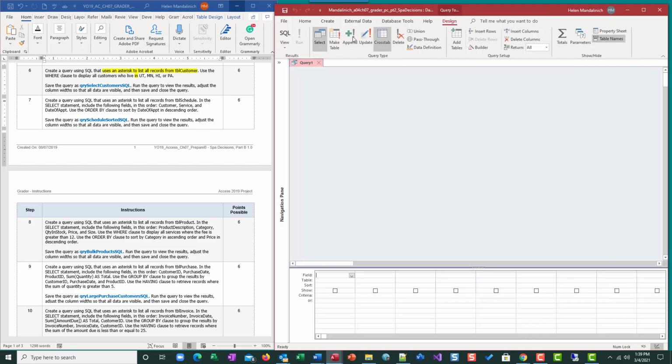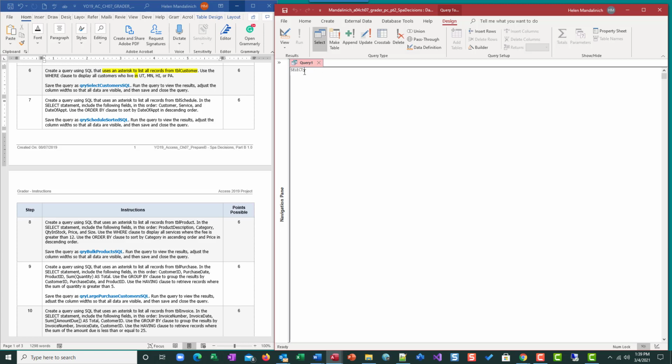I'm not going to do anything here, and I'm going to switch to SQL view. I'm going to select everything, so that's an asterisk, from tbl customer, hoping I spell that right. Notice that my semicolon's at the end there. Where,